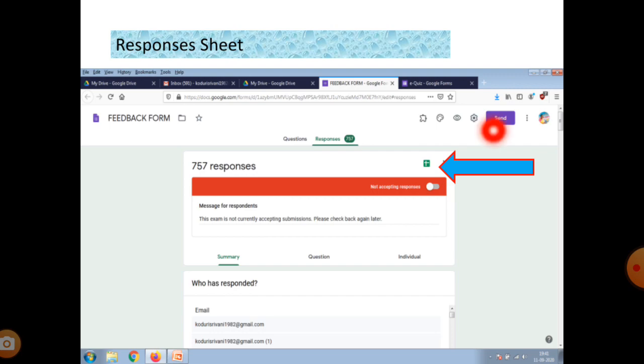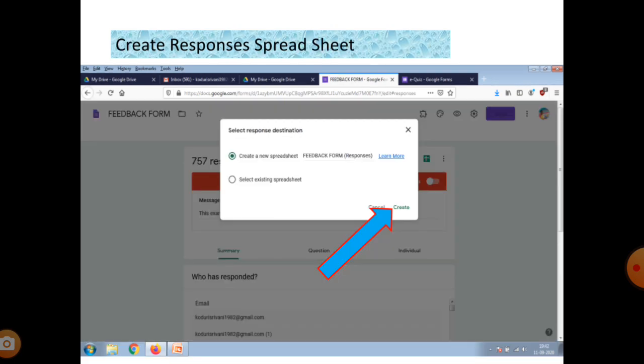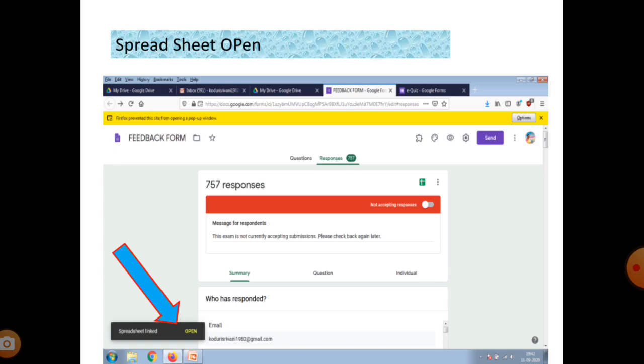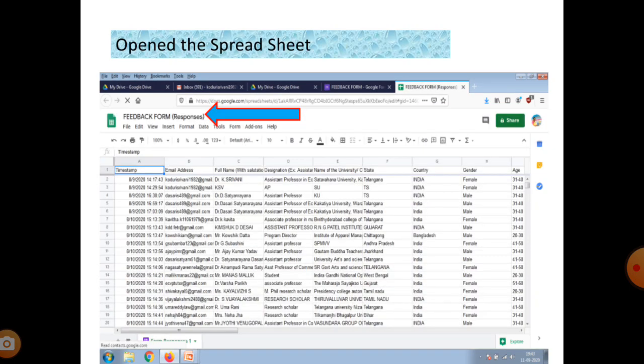Okay, I click on this symbol and get this box, select response destination. Okay, you create a new spreadsheet for the feedback form responses. Click create. After clicking create, the spreadsheet link opens and displays.